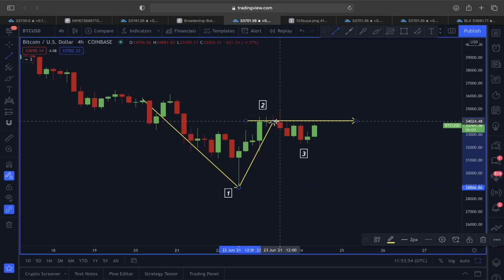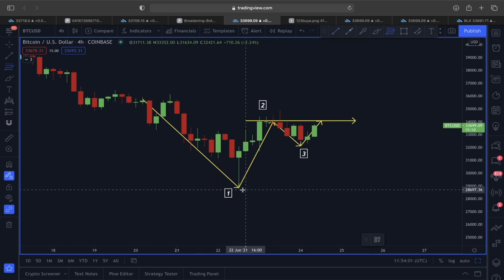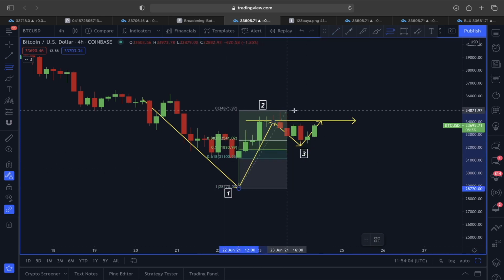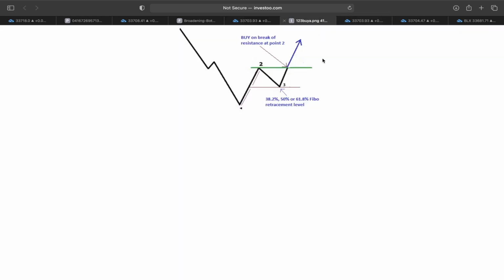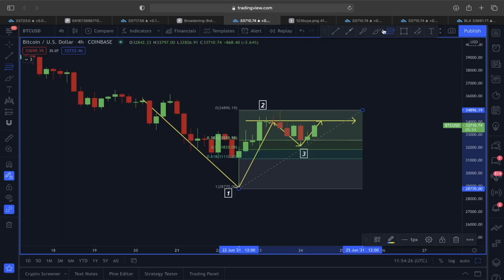So this here is the 0.3, and now price is again trying to approach this neckline, which is around 34,000. You can see if we take the Fibonacci retracement from this swing low till this swing high to find out if this 0.3 got a rejection at least around this 0.382, you can see exactly around this 0.382 retracement level we got a support, and now we are bouncing above it. So this here is also playing out very well, and which is also indicating buy on break of resistance at the 0.2 area.